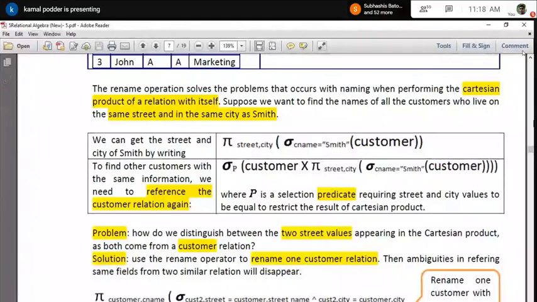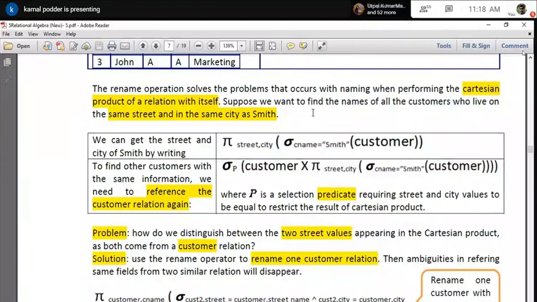I want to do one query. We want to find the name of all customers who live in the same street and same city as Smith. That means Smith is one person who is living in a city and street, and I want to find out all the customers who are also living in the same place.